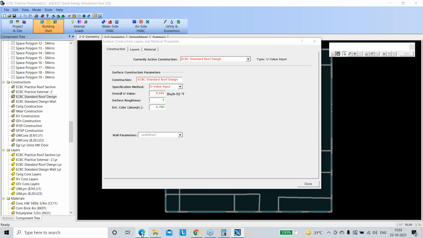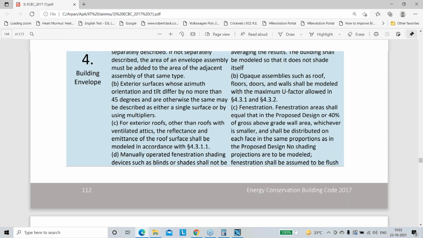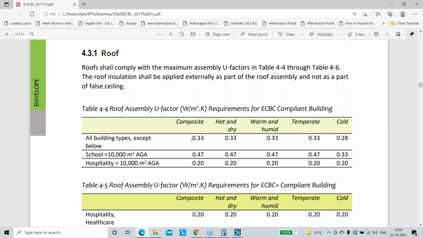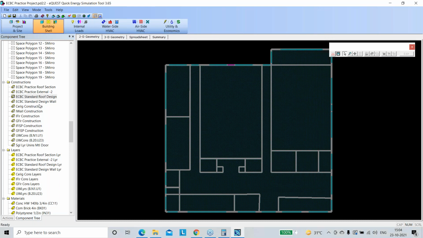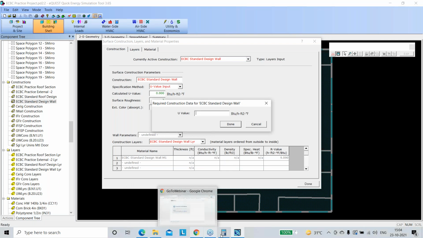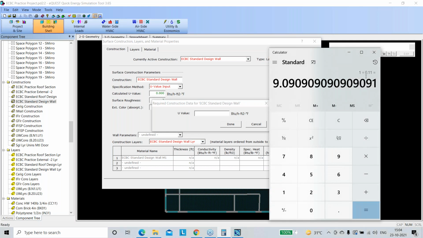design U value that I took from here, from 4.3.1, that is 0.33 changed into IP, right? And then I'm done. And similarly I'll do the same in here. If you remember, it was 0.63, so it was 0.11,